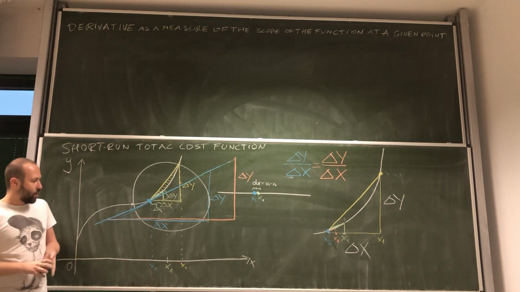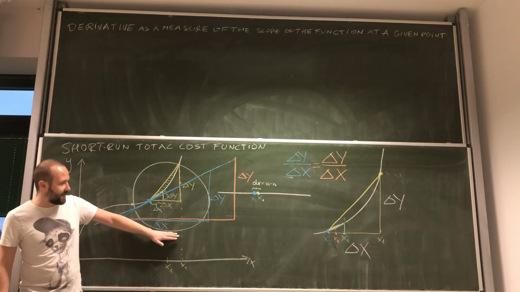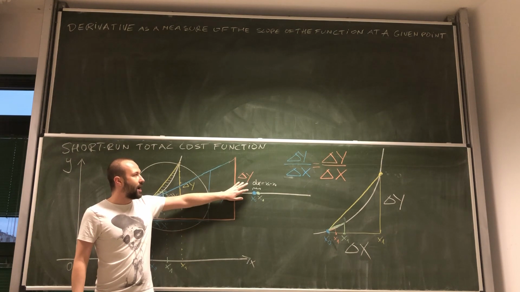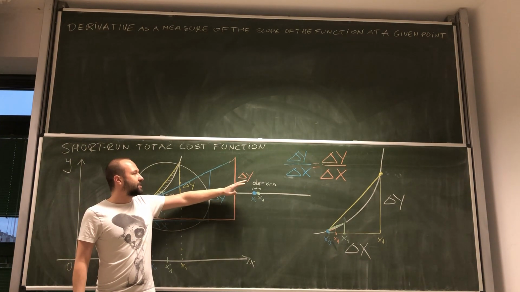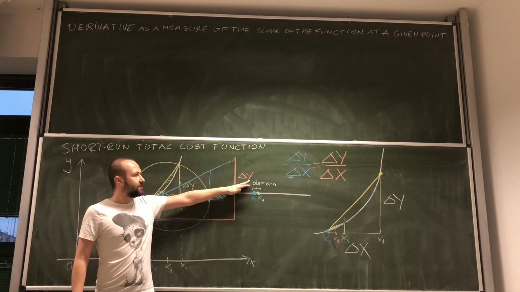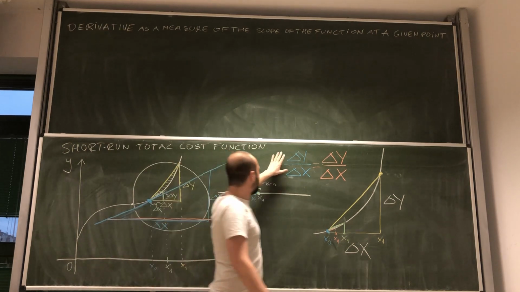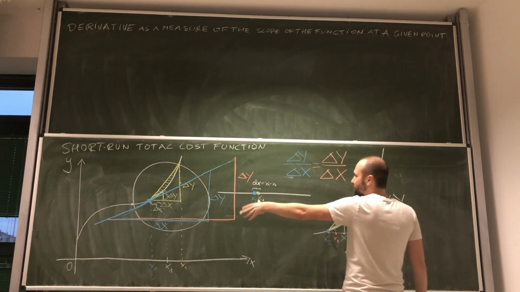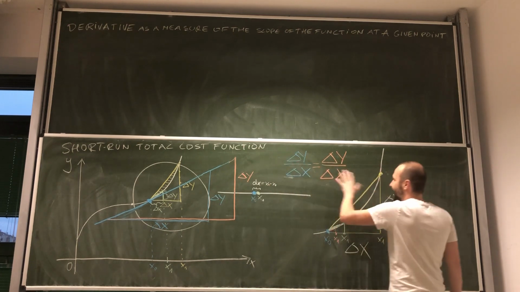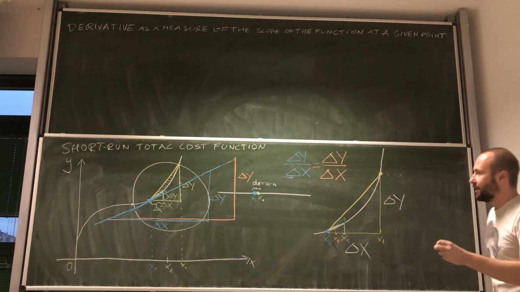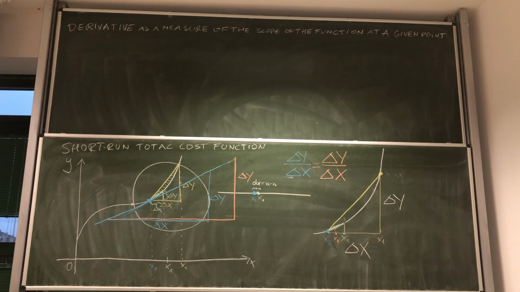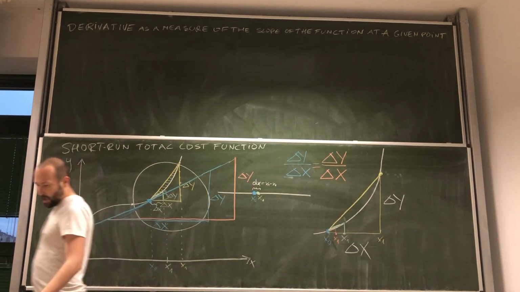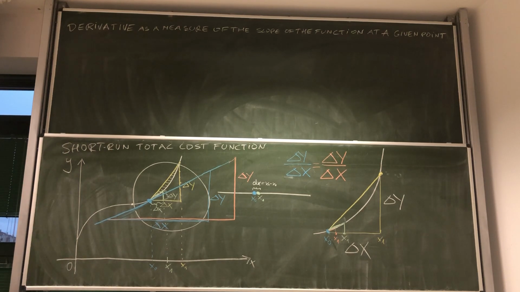Doesn't matter what is the chosen delta x, because the corresponding delta y would take such a value that all possible delta y's divided by delta x's would give you exactly the same outcome. And look, so now we know